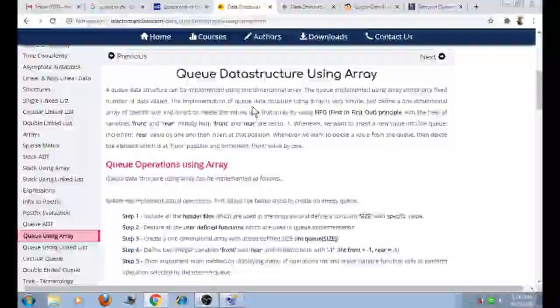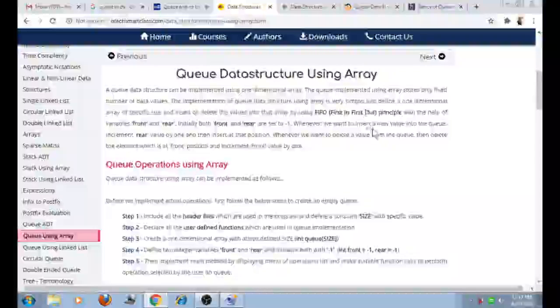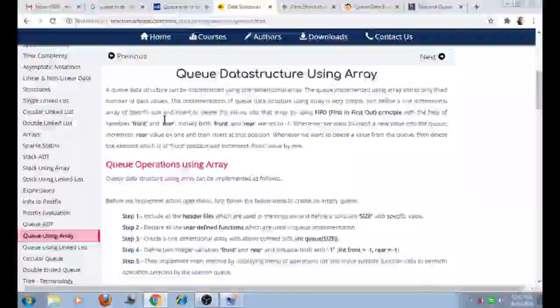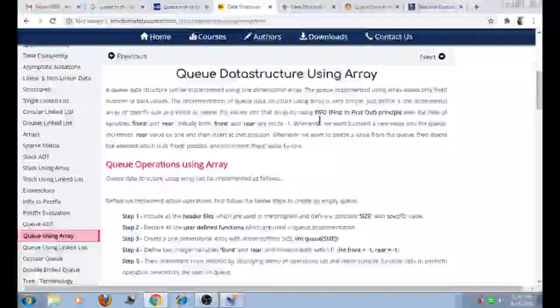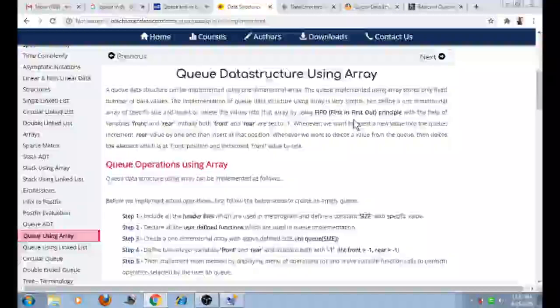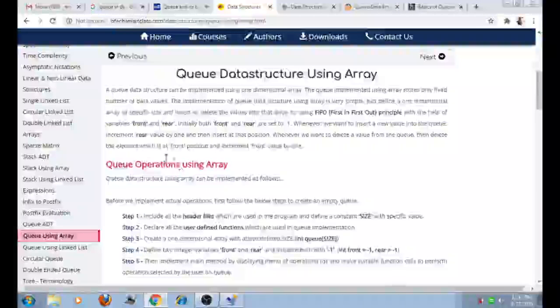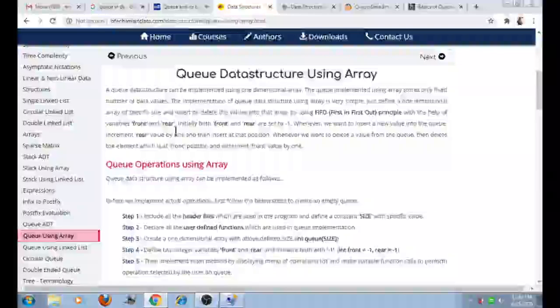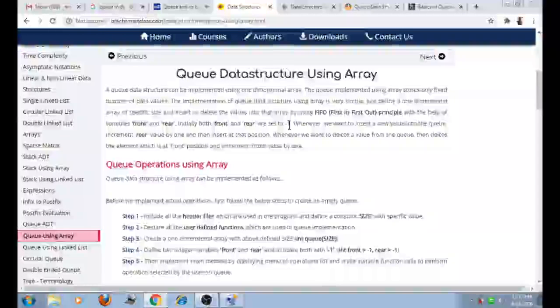The implementation of a queue data structure using an array is very simple. Just define a one-dimensional array of a specific size and insert and delete values in the array by using the first in first out principle. So the variables front and rear are initially set to the value -1.